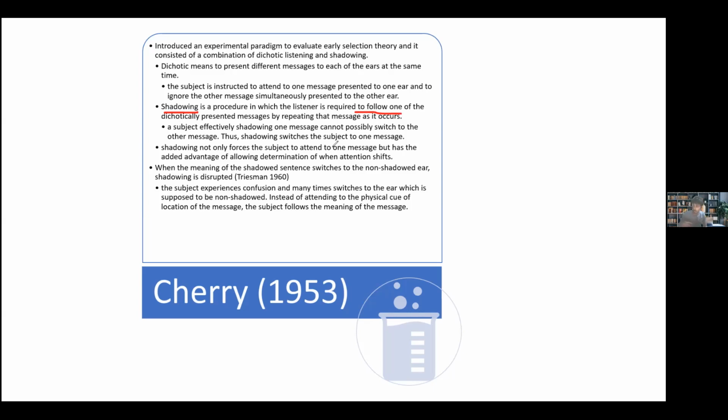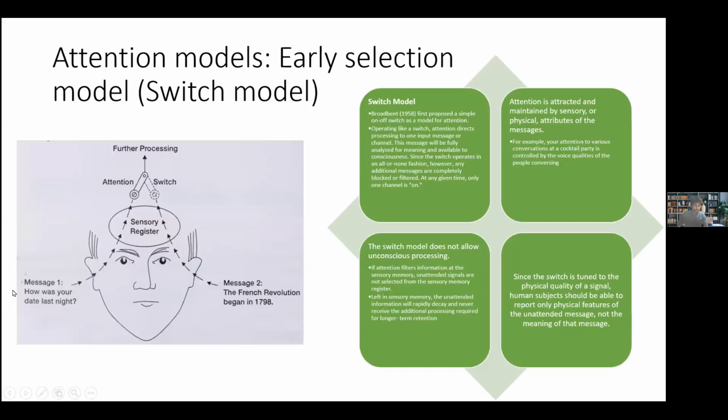Okay. So in this particular experiment, dichotic listening and shadowing were combined. Sometimes in various experiments, they switch the ears, or they switch the inputs. For example, in this one, one message is asking how was the date last night, and suddenly whatever information was supposed to come here is switched to the left one, and whatever information